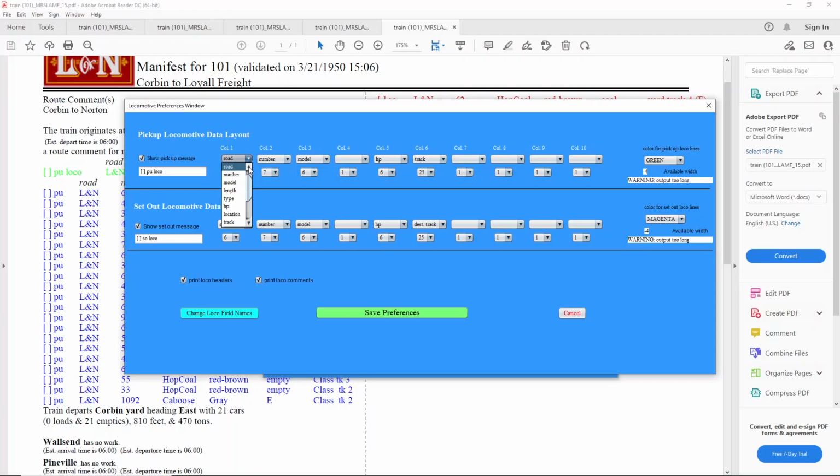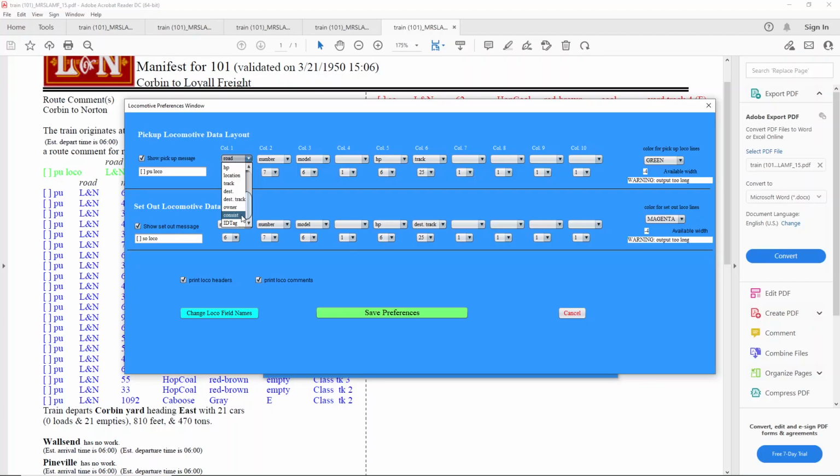And for locomotives, we've got the road reporting marks, the number, the locomotive model, its length, its type, the horsepower, the location and location track that it's on, its destination and destination track where it's going, the owner if you've got that populated, the consist if you're running diesels and have